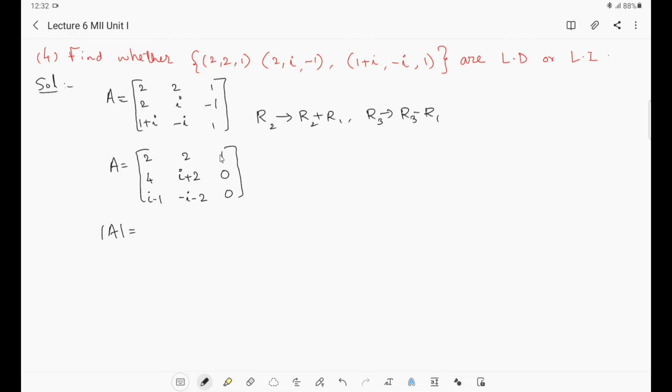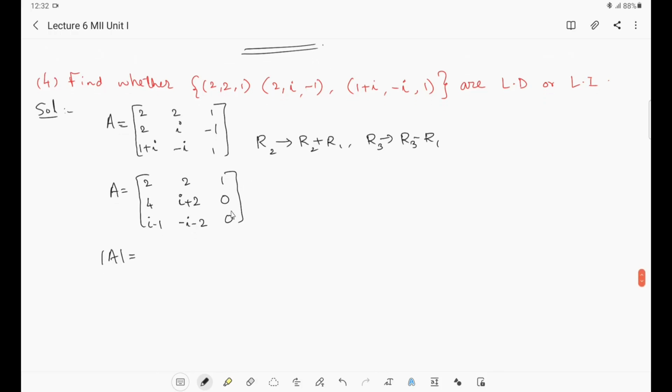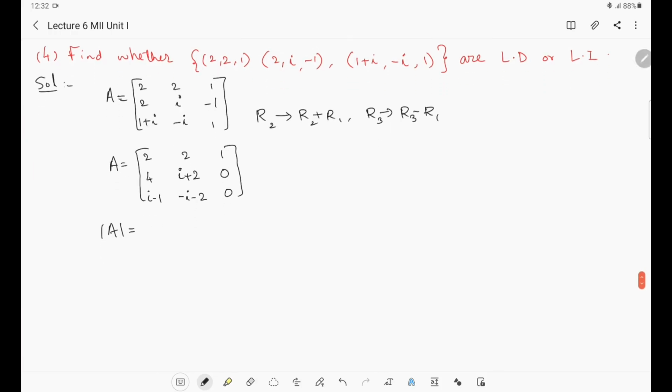But we can even find the determinant by using this row, that is 1 into AD minus BC, then minus 0 into it will become 0, then plus 0 into it will become 0. So we'll expand the determinant by using this third column. So what will happen? 1 into AD minus BC. So what we'll get? 4 into minus i minus 2, then minus i plus 2 into i minus 1, right? Remaining entries will become 0.